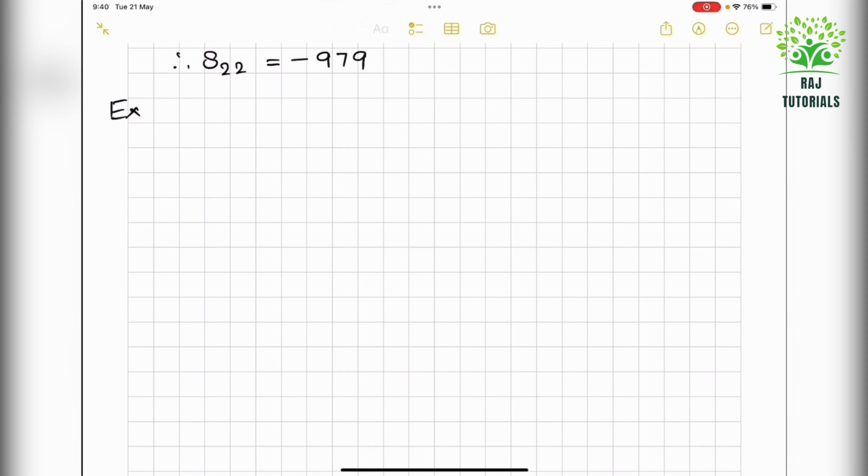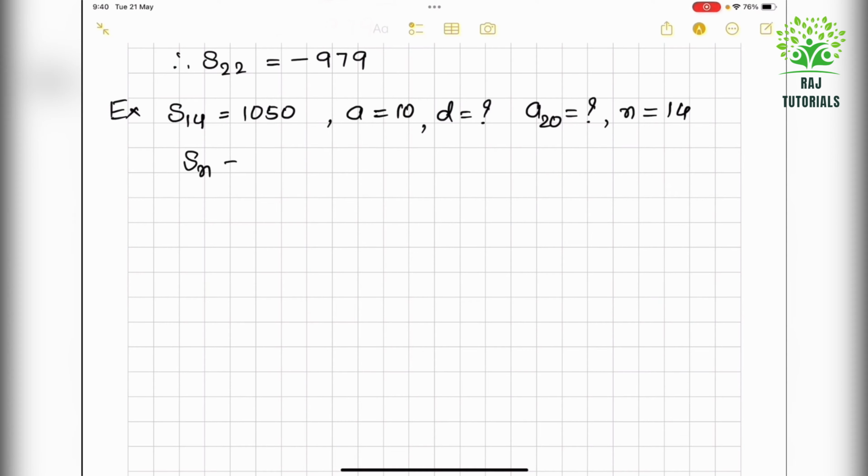Here, the sum of the first 14 terms of an AP is 1050 and its first term is 10. So, a is 10. Find the 20th term. So, I have to find a20. See here, what I know is a, I don't know d. If I know a and d, I can find a20 easily. So, let us do that. And I also know n equal to 14 because 14 terms are there.